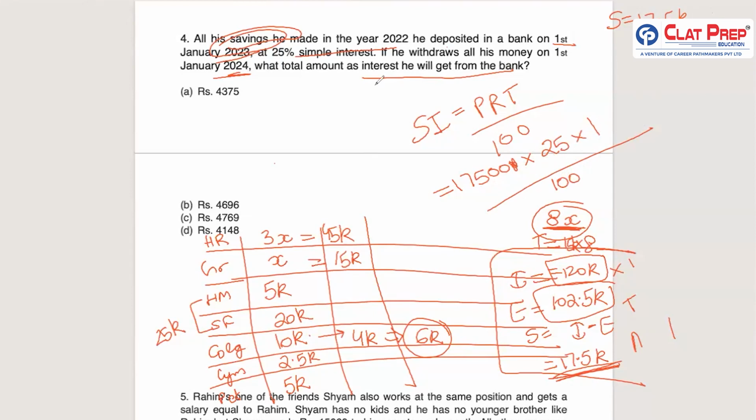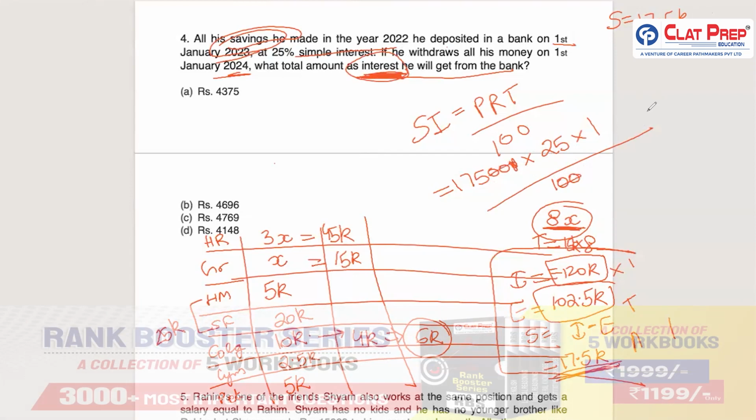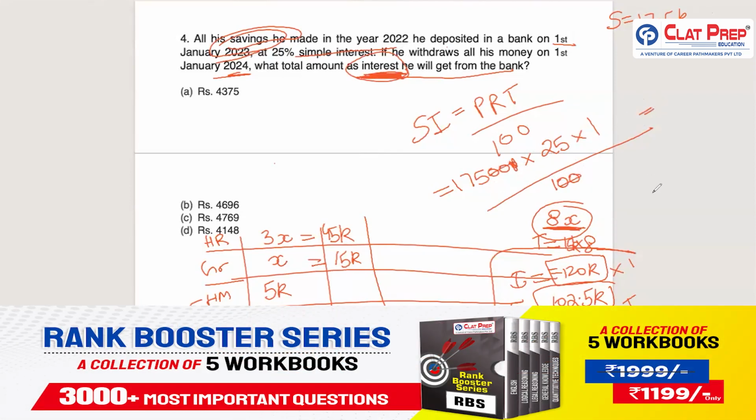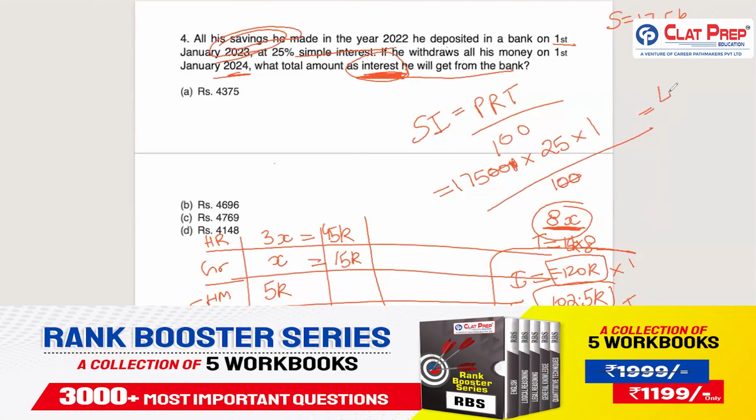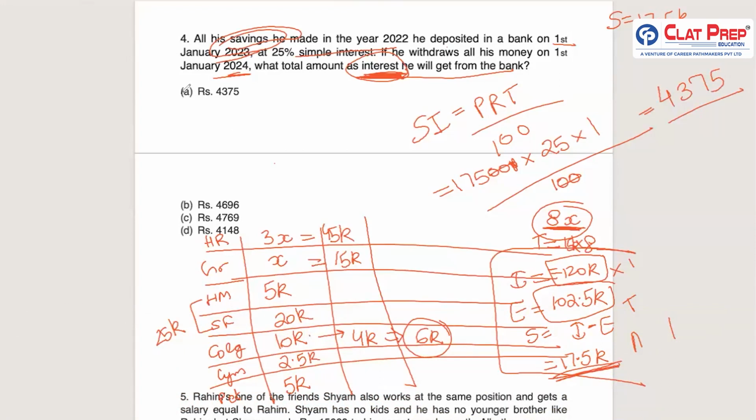into 1, हमको सिर्फ इंटरेस्ट निकालना है, ठीक है, ओनली इंटरेस्ट। ये गया 175 into 25, you will have to solve, when you solve this you will get 4375, which is your answer। Once you get your answer in the question, you don't have to think twice, we